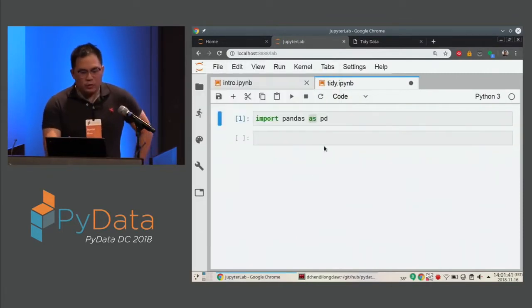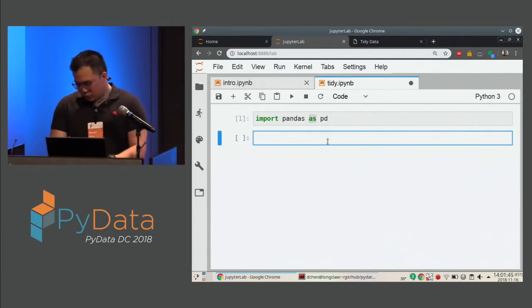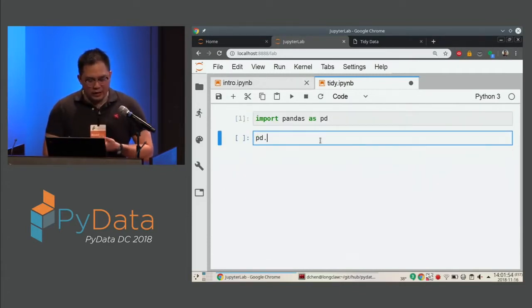So we can say import pandas as pd. And you can see what this allows us to do is we can now, instead of writing pandas dot something, say pd dot. This is called an alias, and it's just a way to help you simplify your typing so you don't have to type so much. So the first data set will come from the Pew Research Center, and we'll now use pd.read_csv instead of pandas.read_csv